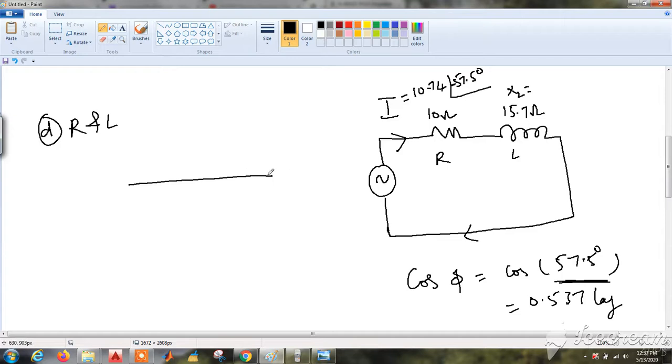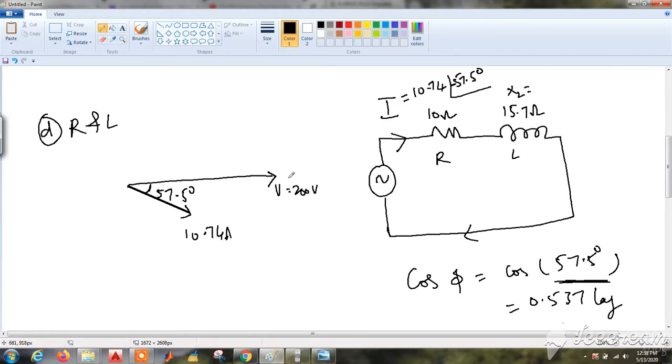First let's take the voltage as the reference. It is V is equal to 200 volts. Now we know that the current is lagging by 57.5 degrees. Lagging means we have to draw below. It's like this, that is 10.74 amperes, and this angle will be power factor angle, that is